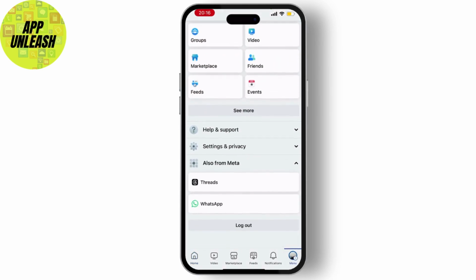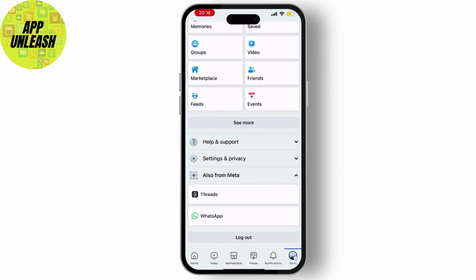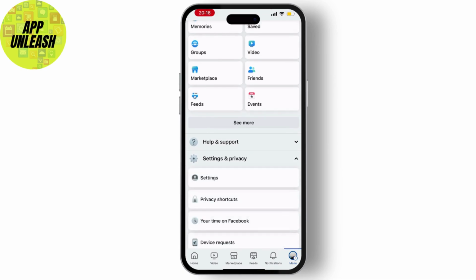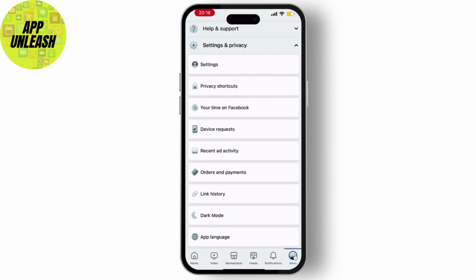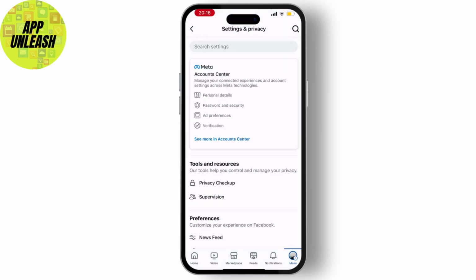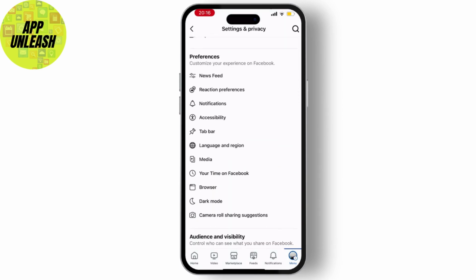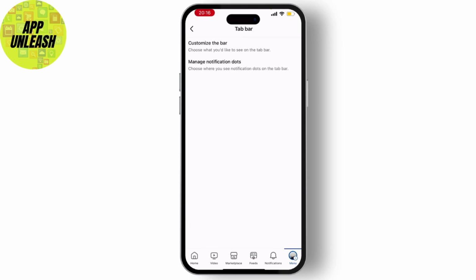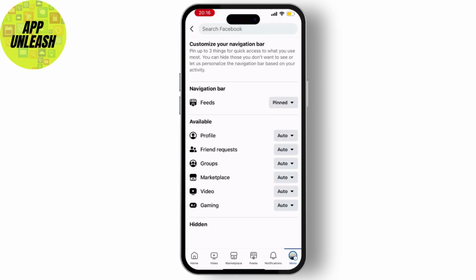Now scroll down a little bit, there you will see an option of settings and privacy. From here, select settings. Then scroll down a little bit and you will see tab bar, hit on that. Now you will see two options, among them choose the customize the bar option and there you will see an